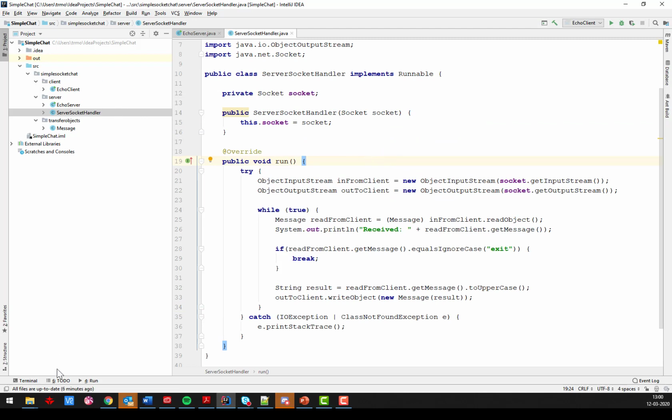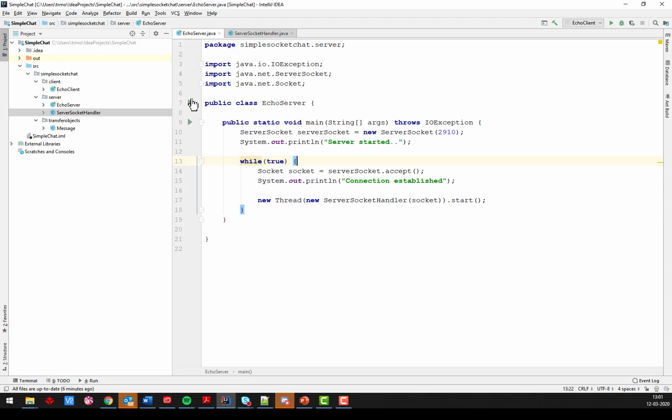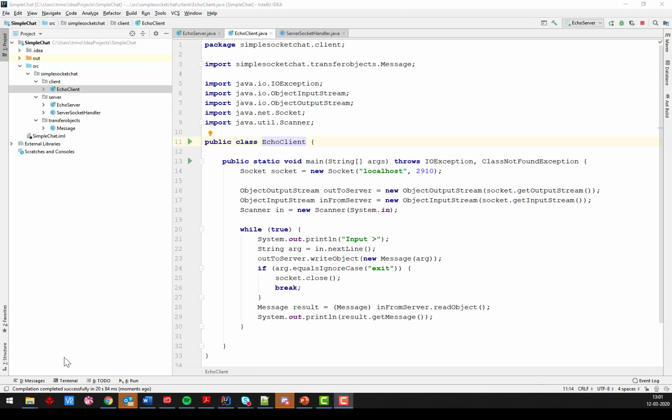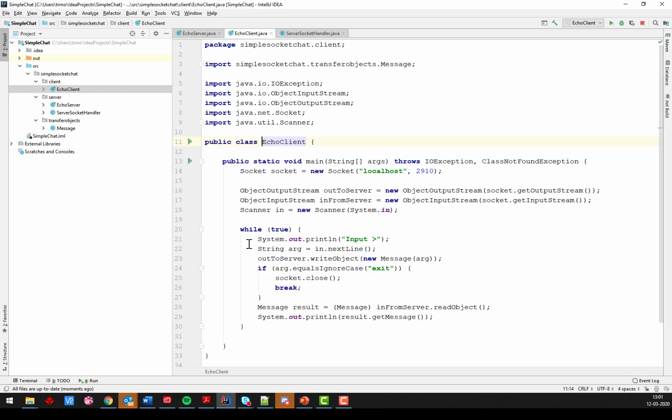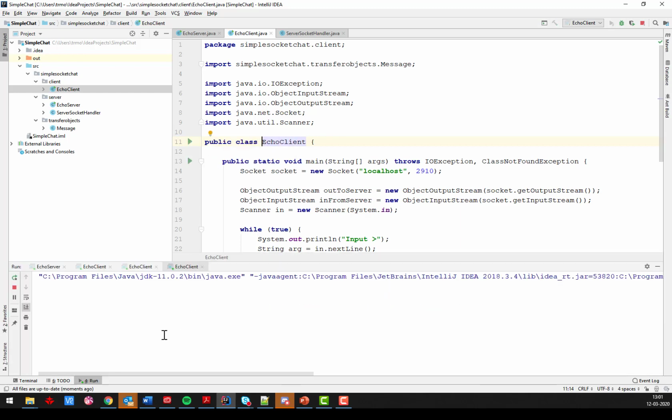Now the question is whether it actually works or not. So let's run the server. And my server is running. I start a client, and we see I get the input, so my client is ready. I start another client, and that's also getting the input here. So both my clients are ready, and let's just pick a third client here, and that one is also ready